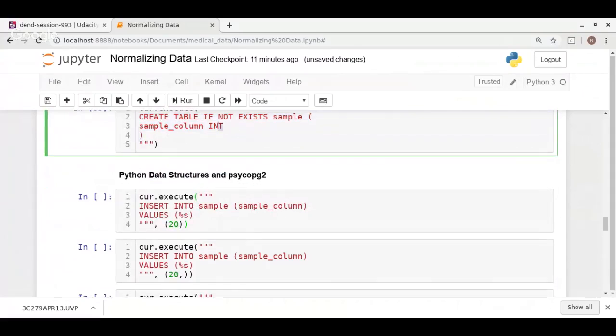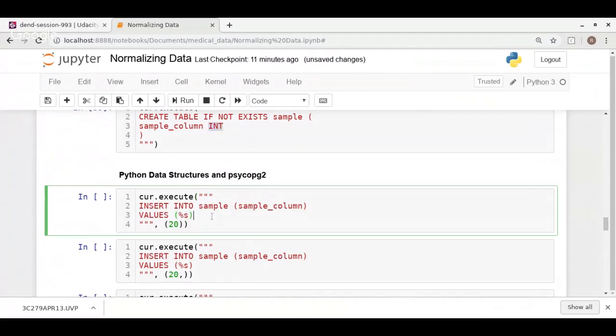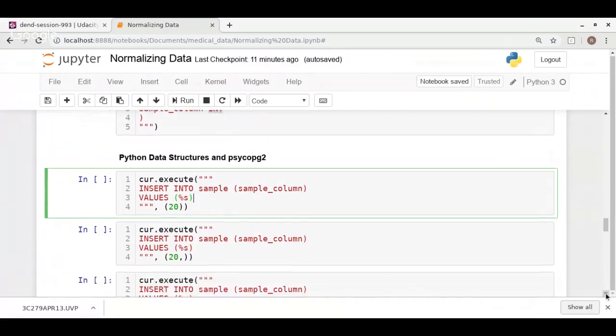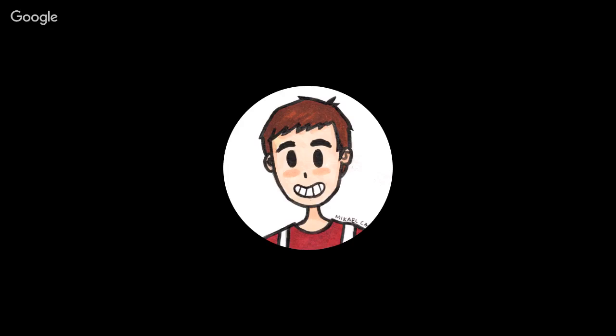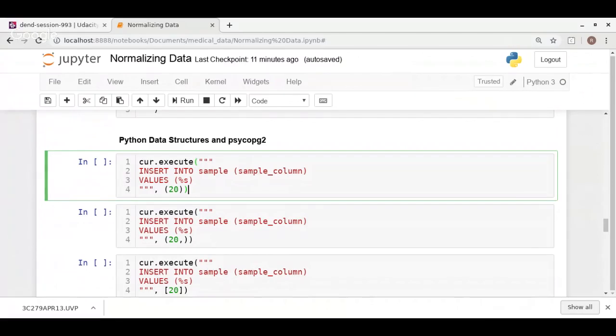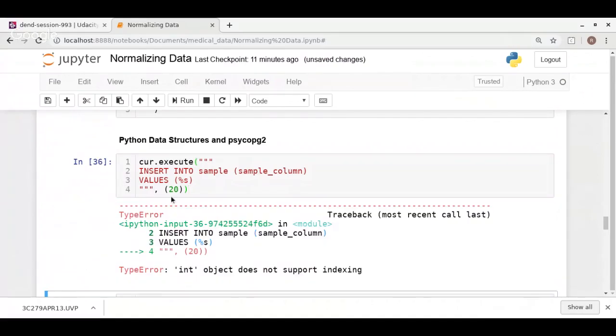It should hold an integer. And here I'm trying to insert this value. That one should work. Actually, not, because